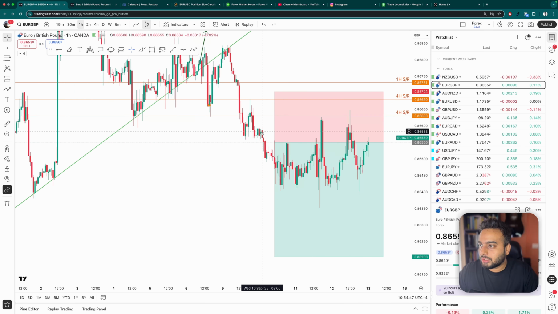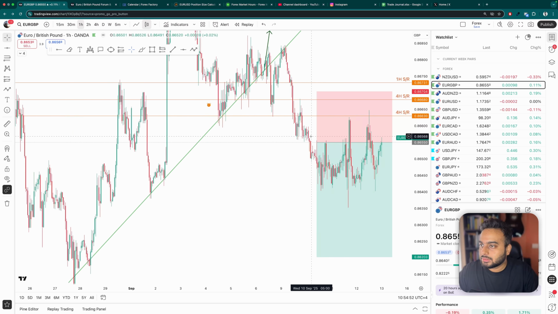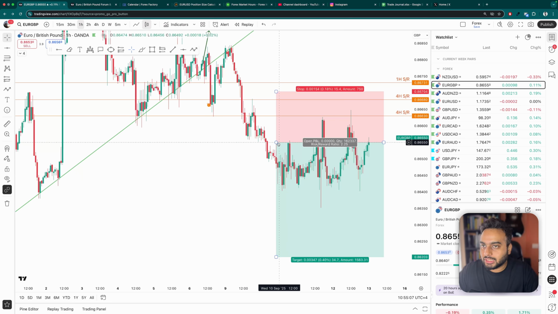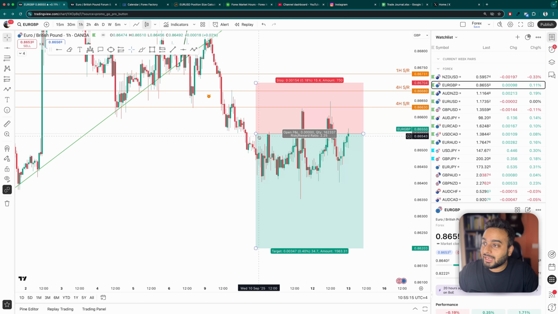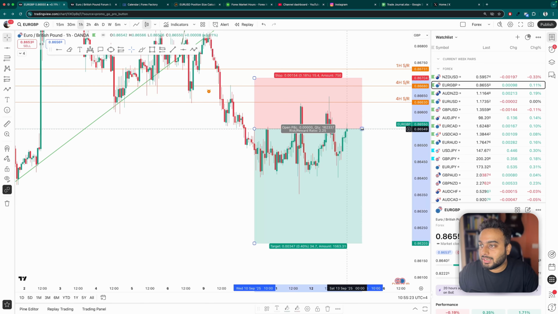I initially was not going to enter this trade because I didn't like the price action so much. The red candles were a little bigger, but green candles were not small themselves. So I was not interested, but later it gave a breakout. And so what I did was I just put a sell limit right here for the price to come and enter. And eventually it was a good trade because the price for a very long time didn't break this level. So I didn't go in drawdown at all. And I closed my trade right around here,